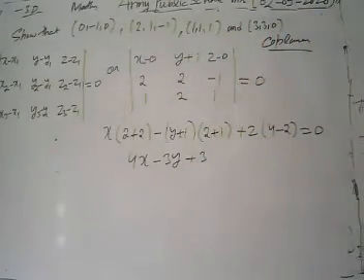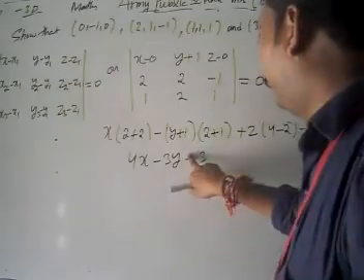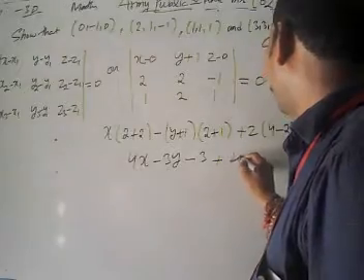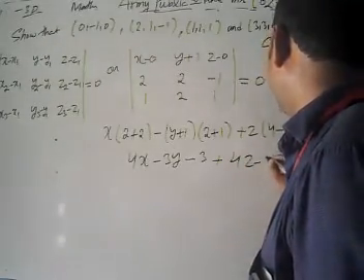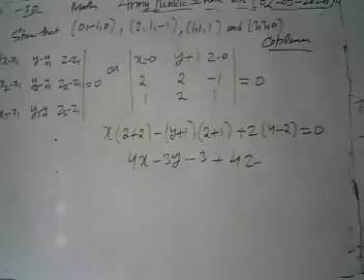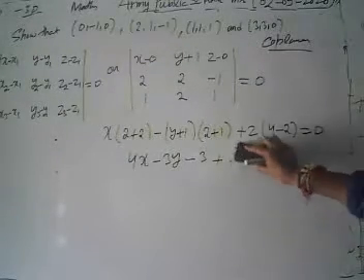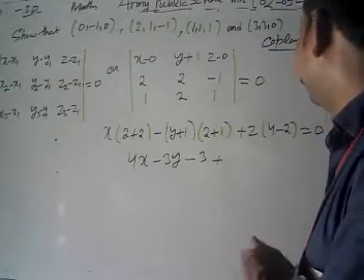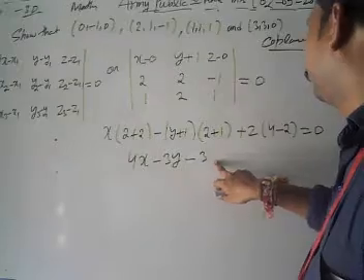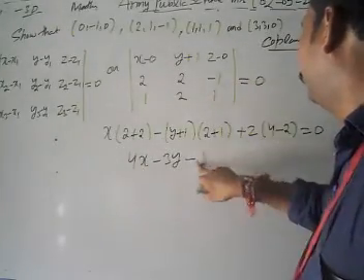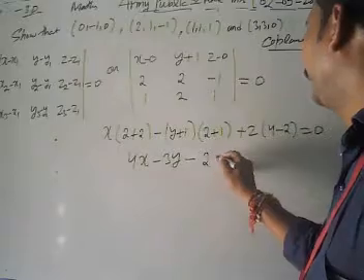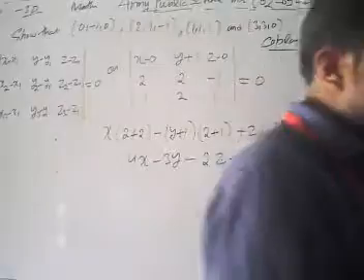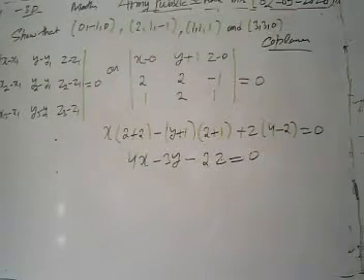Look, 3 into y is 3y, and 3 gives us minus 3y and minus 3. Then we have 4z, sorry, it's 4 minus 2, so just write down 2z. So 4x minus 3y, then what we have is 4 minus 2, which is 2z, equal to 0. Now look, this is our equation of plane. We are going to expand it.